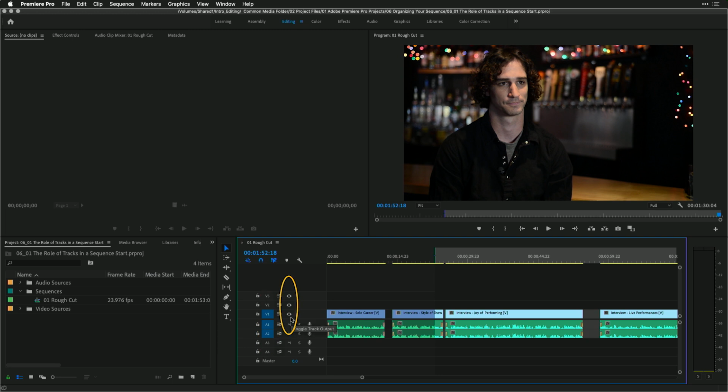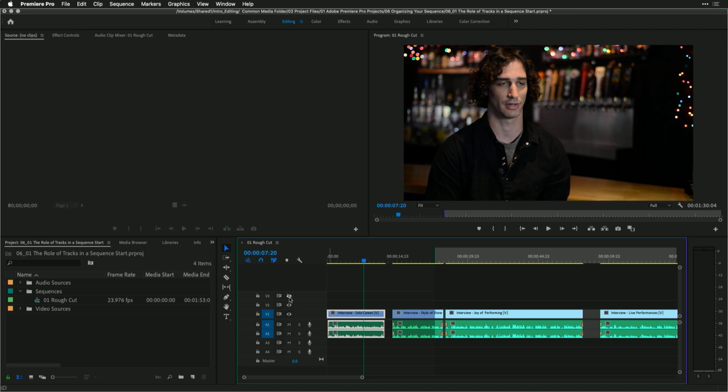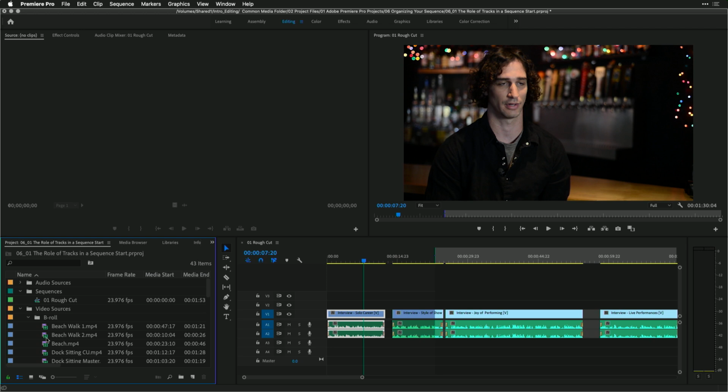Next to each track is a visibility icon. This is very much like layers in Photoshop. As you start to stack things on top of each other, they begin to composite. For example, if we go in here to the video sources and grab one of our B-roll shots